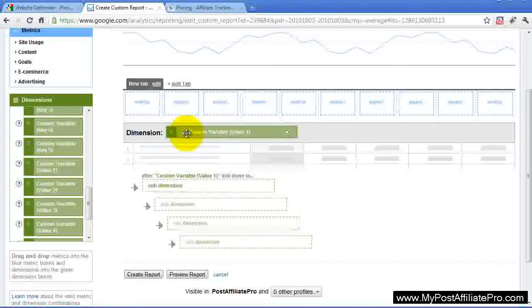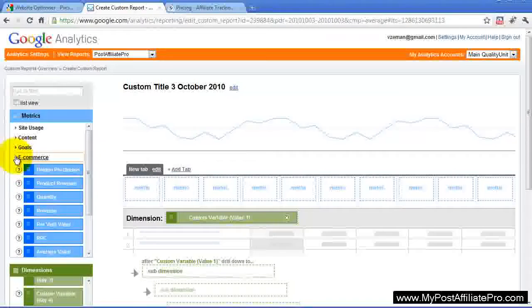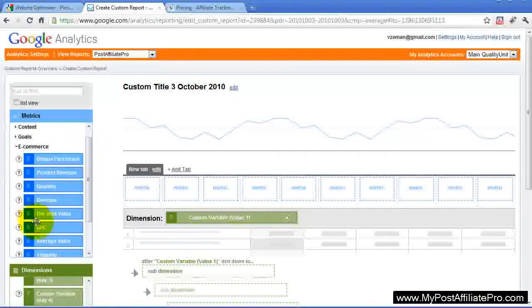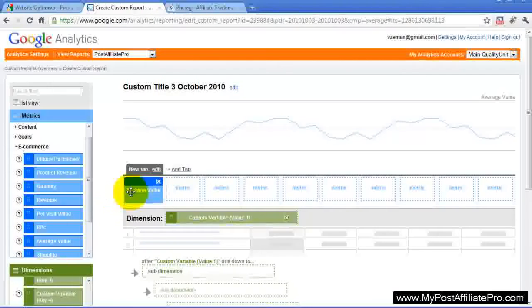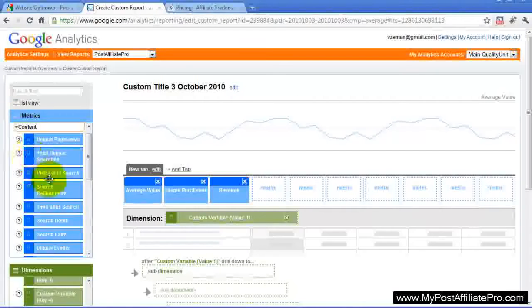So I will drag and drop it to dimension, and from metrics I will watch values like average order value, or number of purchases, revenue, and so on. And also I would like to measure